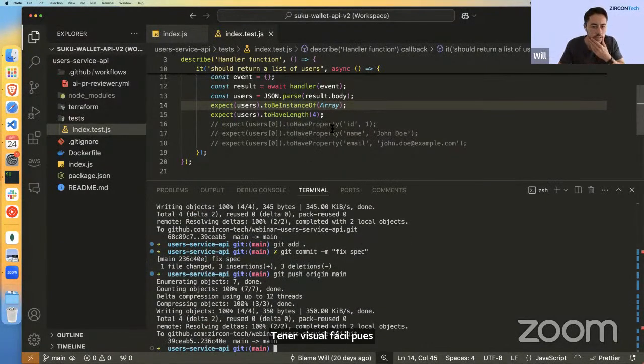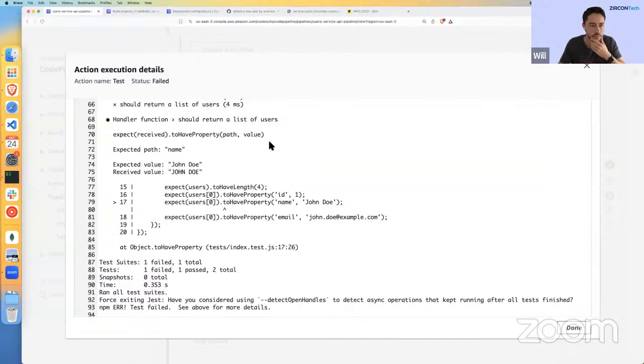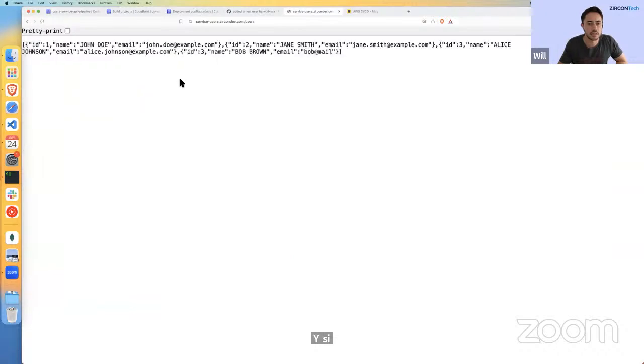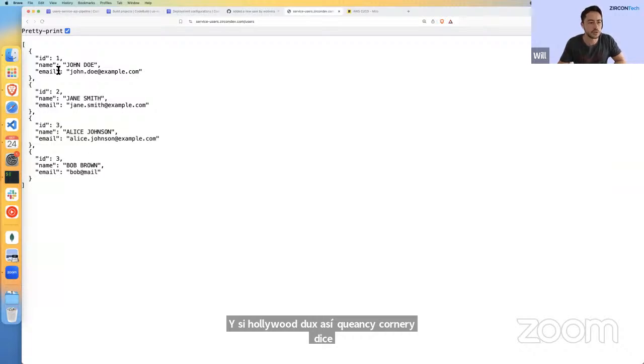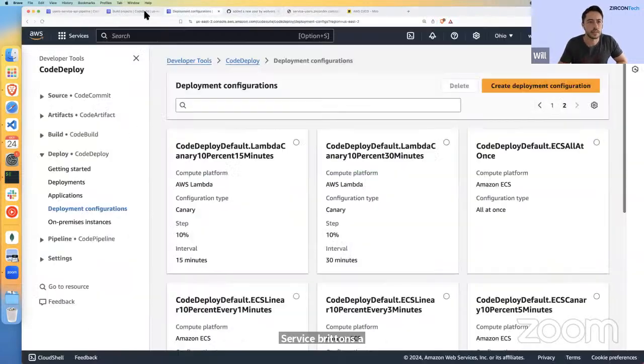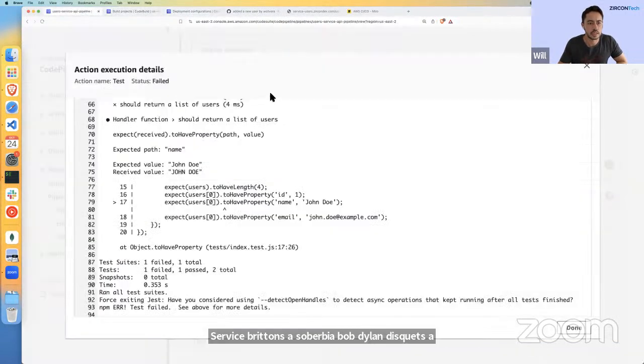I want this to pass successfully so we can see how that looks. As you can see, currently this service returns a few users. So the idea will be that this gets updated. While we wait for this to pass successfully,